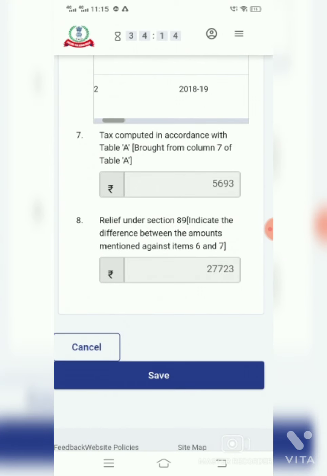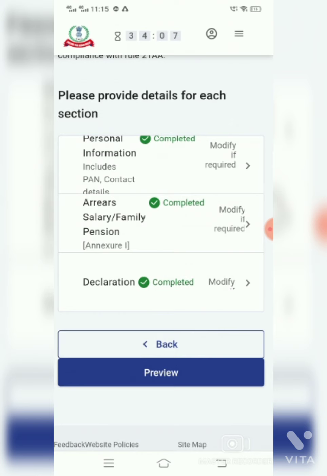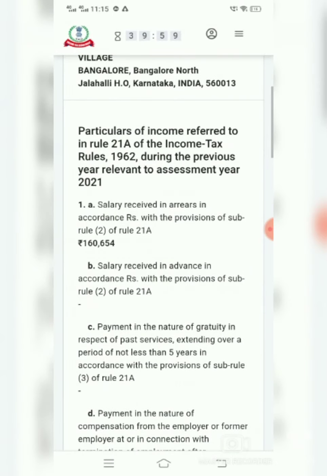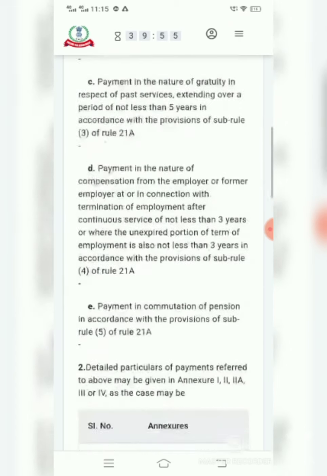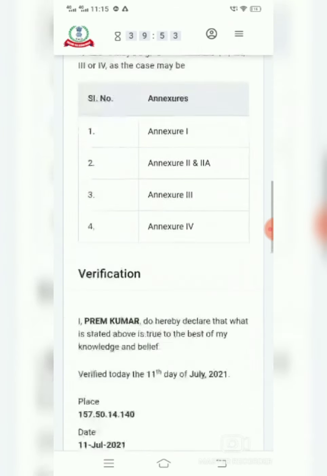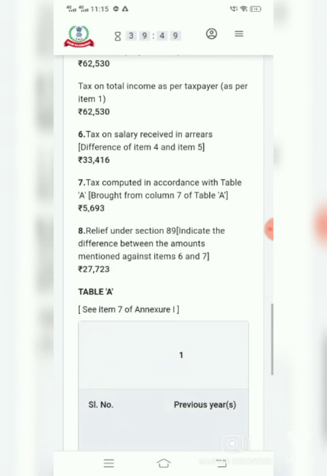Now, after filling the details, we will save. And then I will go for preview. Whatever information I have filled will be displayed here.